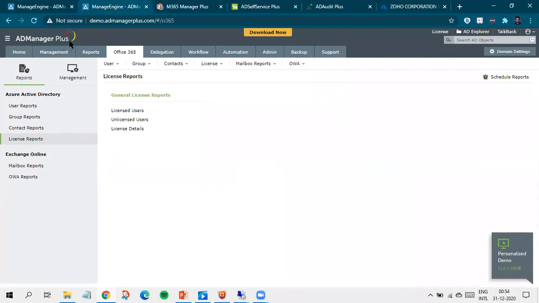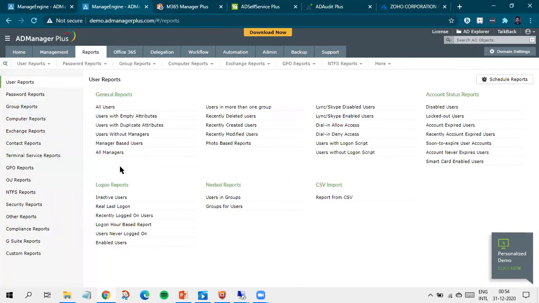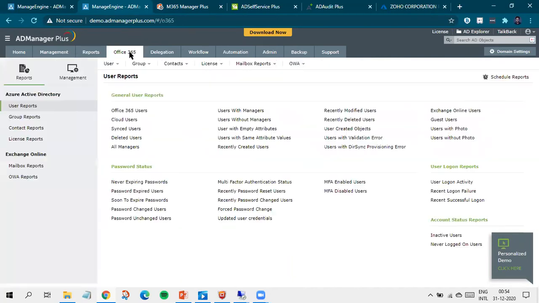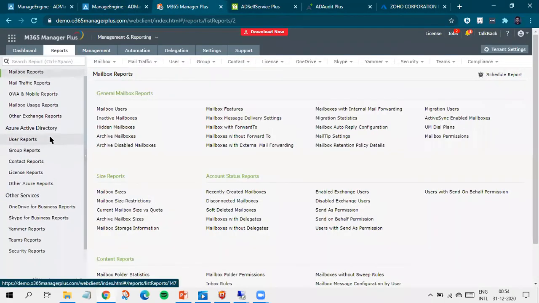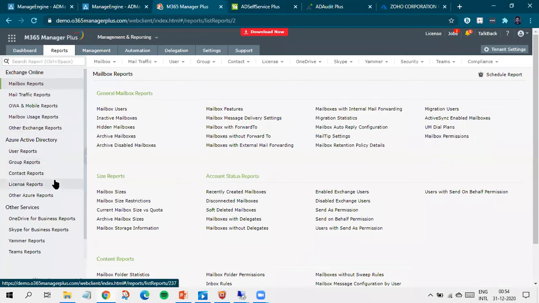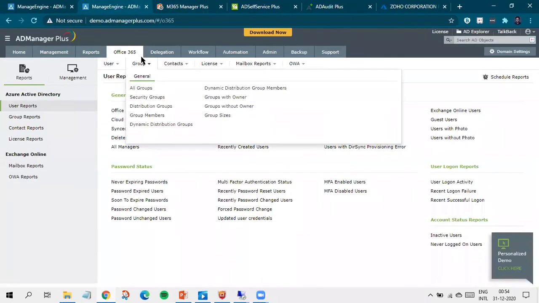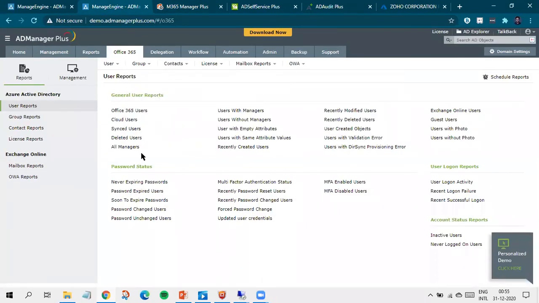The reason for this is because AD Manager Plus is for your hybrid AD environment. It gives you insight into your Active Directory in depth. And because you're just starting off with Office 365, it gives you just the required reports you need for Office 365, right? But if you need in-depth or advanced reporting capabilities for Office 365, then Microsoft 365 Manager Plus can help you do that. The reports that you see right here will give you more insight into Office 365 if you do need it. But then again, AD Manager Plus's Office 365 tab is more than enough for you to understand the status of your Office 365 environment,